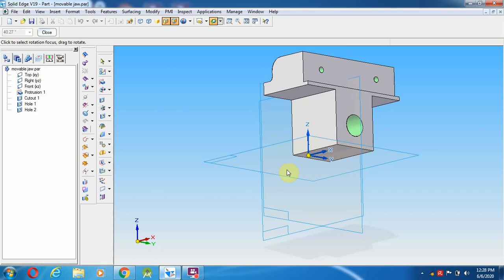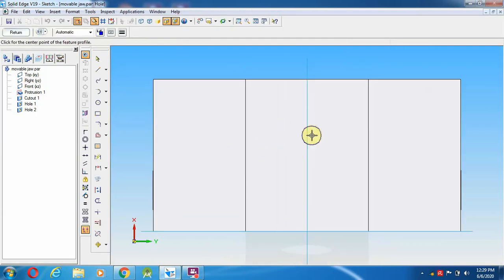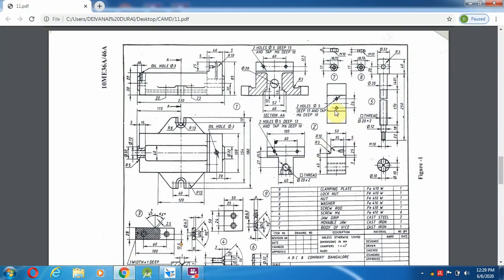Now going to select the command option. Again I am going to the hole option, select the bottom view. From the middle, a 24 mm distance.